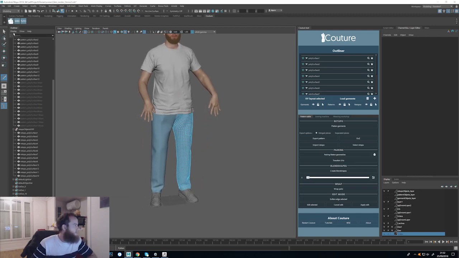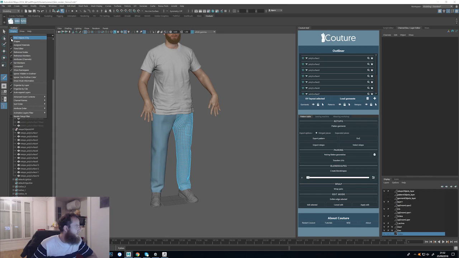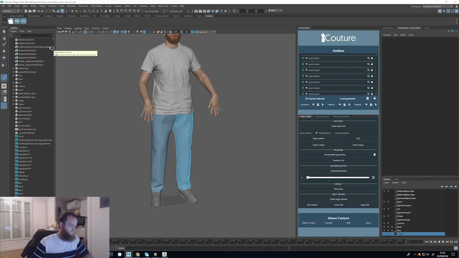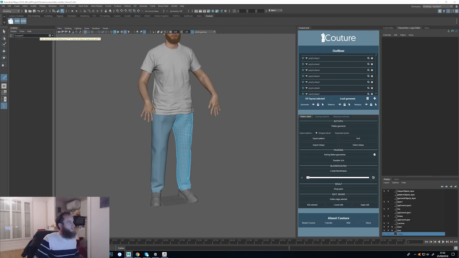How does it work? It's simple. Basically, if you go here and tag object, you have to turn it off. So my scene is like a scene from XGen. I used it for render, so it's very messy here. So let's try to find this one here. Okay, so we have the Couture data node,